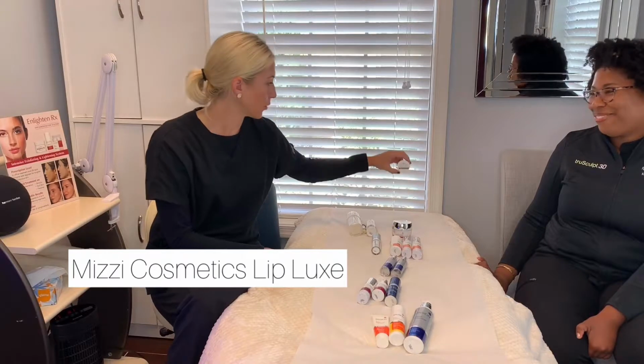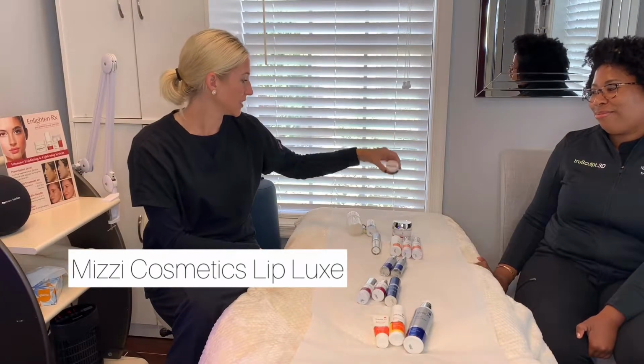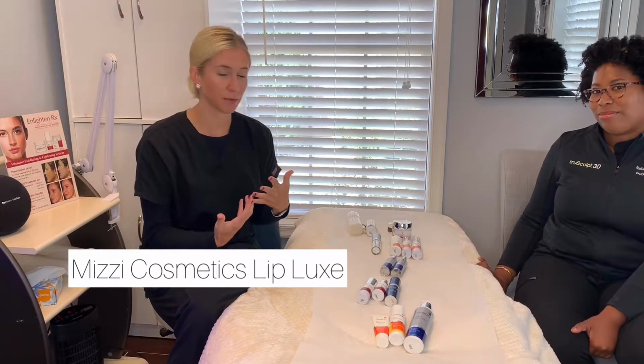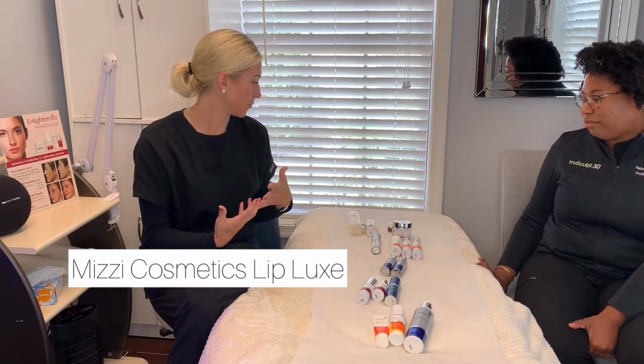Those are those. And we'll finish up with our Lip Luxe lip care. So she uses the sweet coconut. So this is a whole line where it comes actually with a scrub as well. So you're going to remove all that dull, dead skin on the lips. Some people forget to do that on the lips as well. And then this is packed with lots of hydration, gives your skin, or I'm sorry, your lips a smooth look,